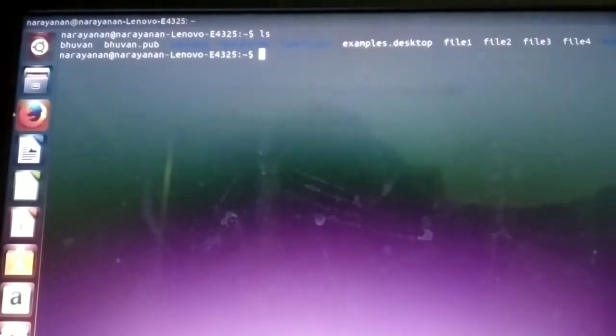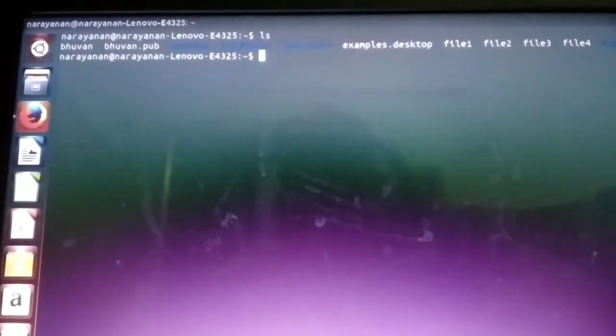This ls is a Linux shell command. In the shell only, we are going to type the command. Various types of shells are also available. In this place, ls is a shell command. It is going to list the directory content. Directory means folder, or whatever it may be. It contains various types of files. So the ls command lists the directories and files.